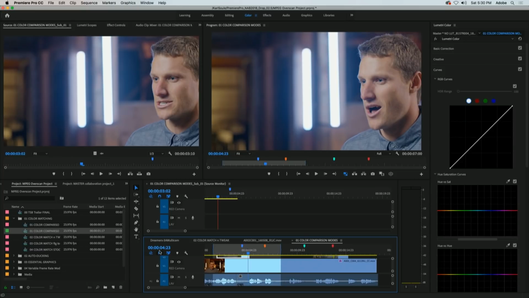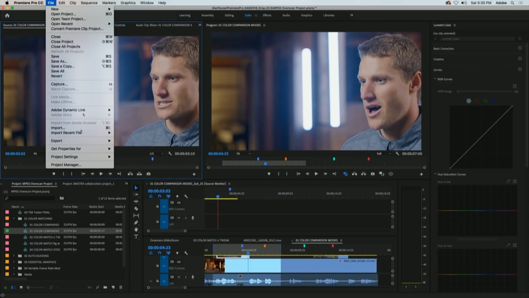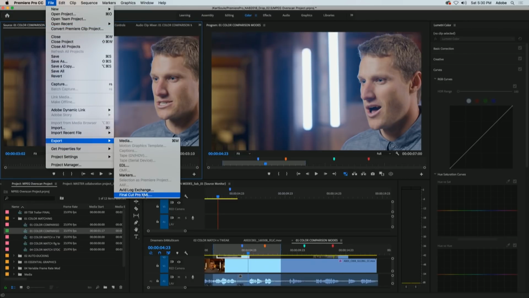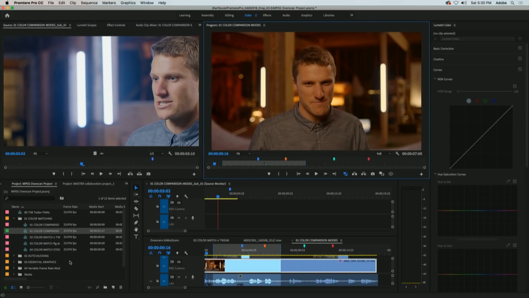And lastly, just a little trick when you're dealing with an XML file. Premiere has the ability to export out to Apple Final Cut Pro XML, the original FCP7 XML format. Very common workflow for going out to other third-party tools. The one key factor here is make sure you have the right thing selected when you choose to export out